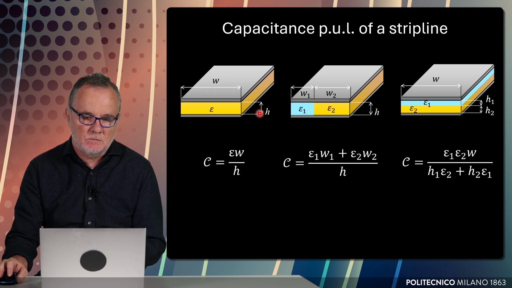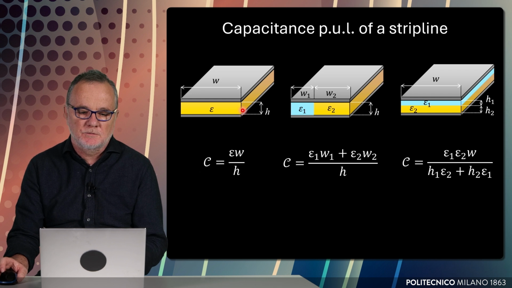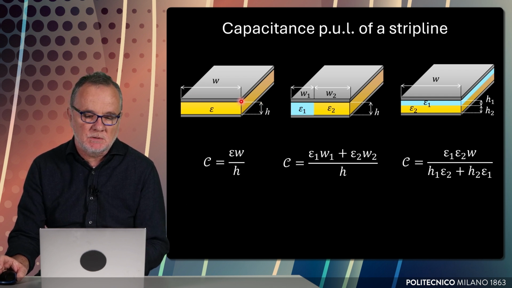The expression, with a similar consideration about the field that is placed between these two plates, as you see, that strip line, these two parallel plates. When we neglect fringing fields, the expression for the capacitance per unit length is very simple: epsilon times the width divided by the spacing between these two conductors. So in this direction, we assume that this strip line has infinite length.